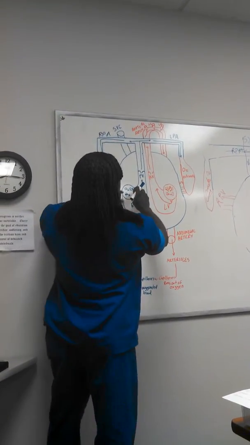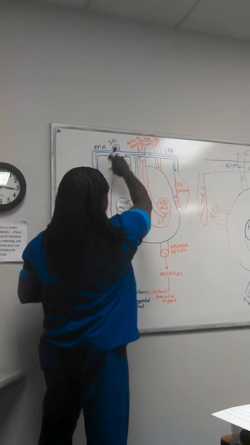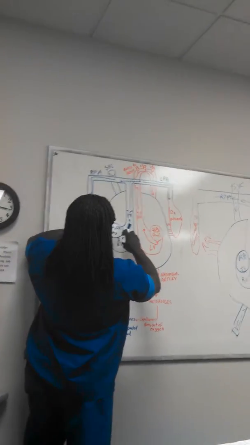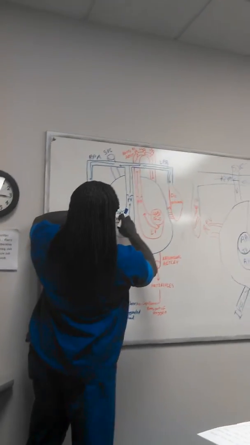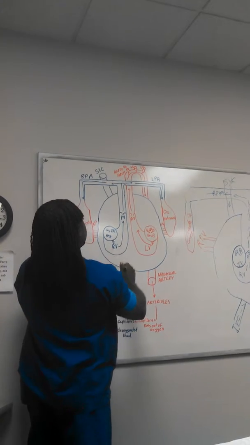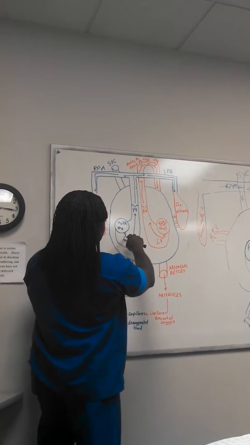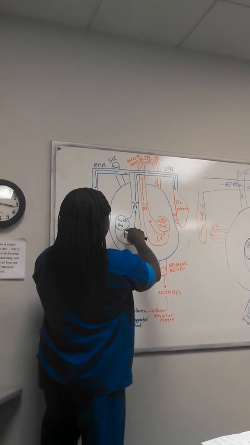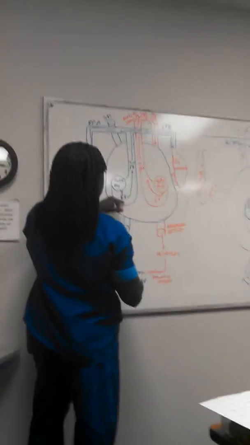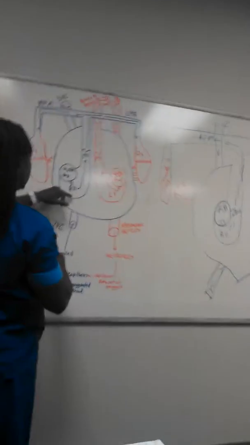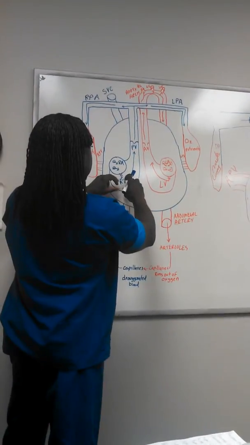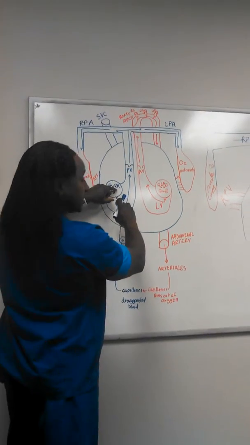Now, what happens here, this blood is just not flowing freely. There's some things going on here. And so what happens, once that blood pools into the right atrium, it contracts. And that's what pushes it through this right tricuspid valve. Once it enters the right ventricle, which is inferior to the right atrium, the right atrium then relaxes,